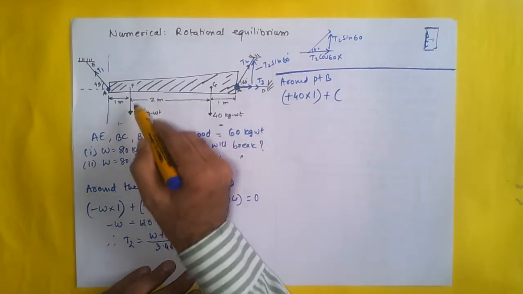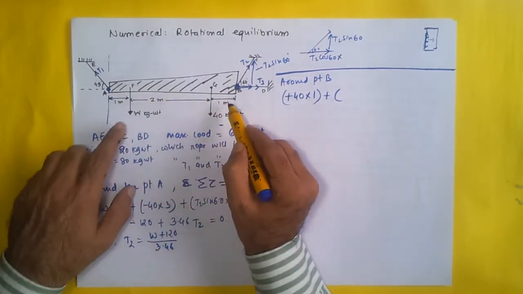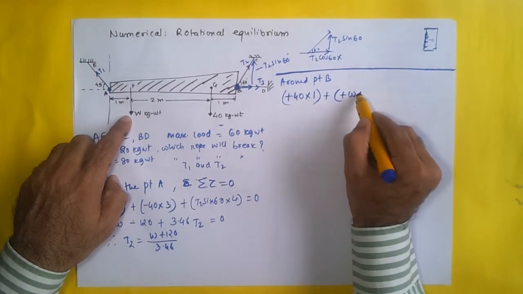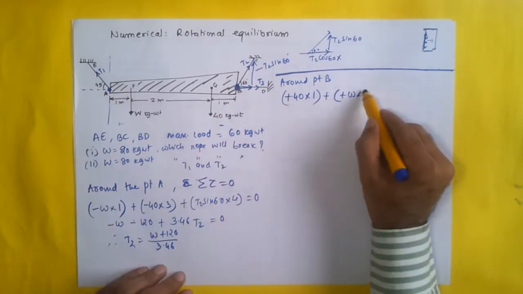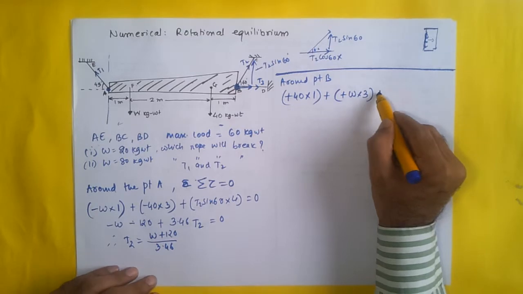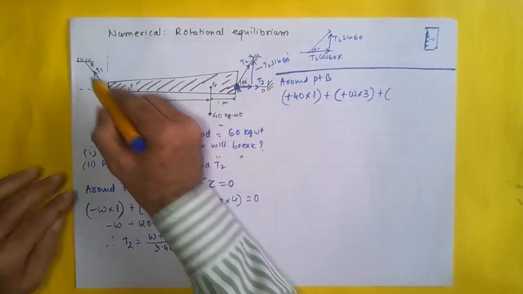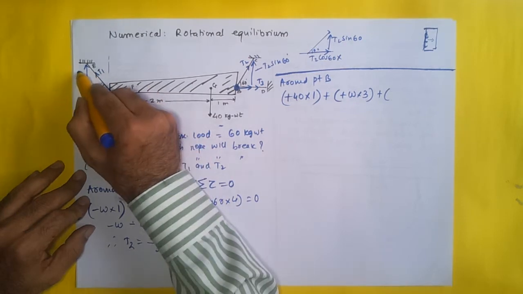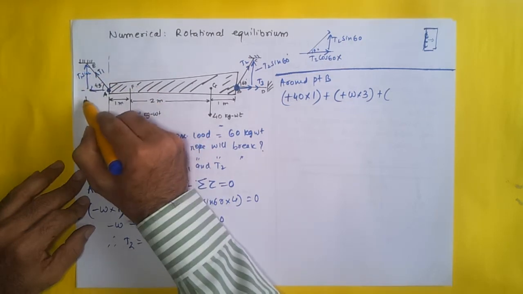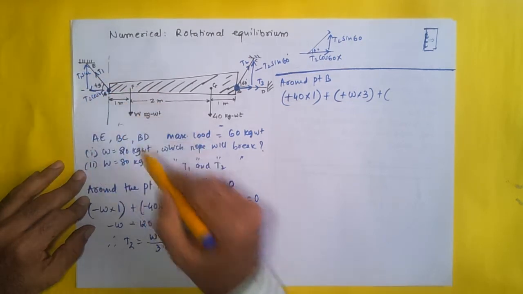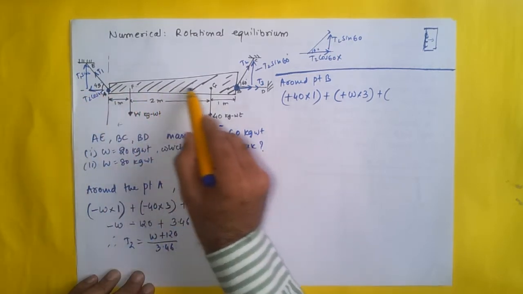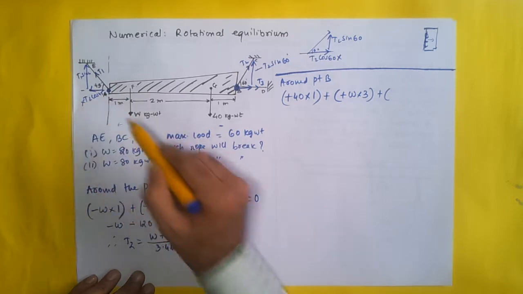Okay, let's move in this direction. The next force is W. W is again applying a force in anti-clockwise direction. So plus W, distance is 3 meters. Okay, plus over here, this T1 will have two components. These two components. So this is T1 sin 45. This is T1 cos 45. As we discussed over here, T1 cos 45, if I extend it, is passing through point B, so it will not apply any torque, right?